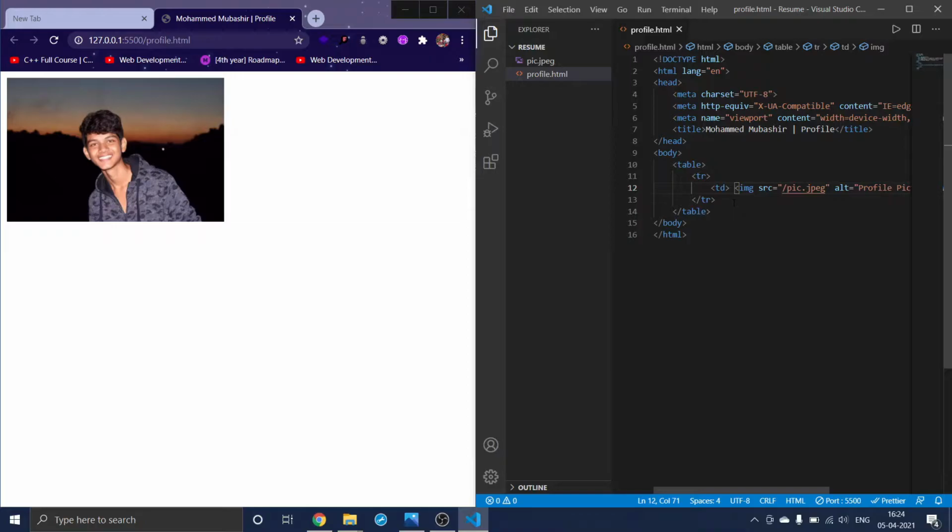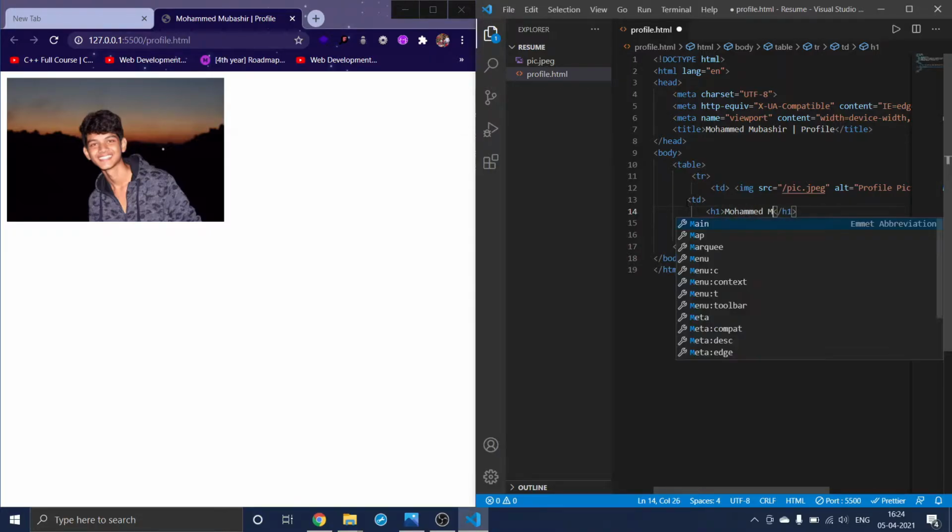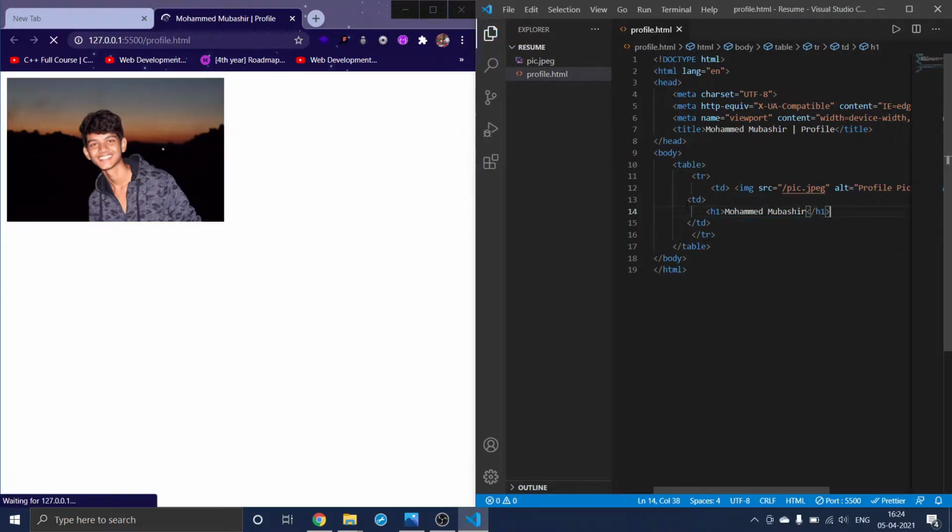So in a td I will give my name, which will be written with the h1 tag. I am done with my name here, and when I save this, check this out, I got my name here beside my profile picture.